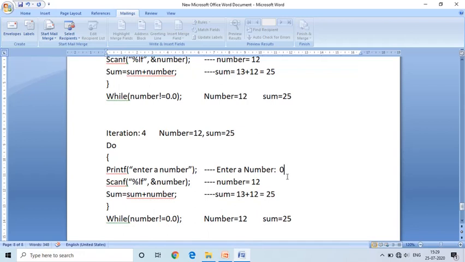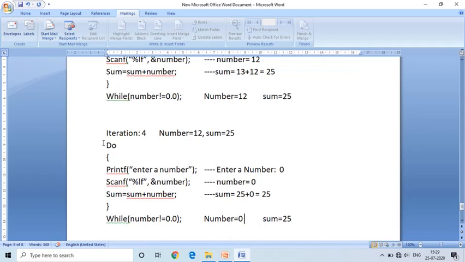The user entered 0, and immediately the number variable is stored as 0. Sum is equal to sum plus number, so right now sum is equal to 25, number is equal to 0, and the resultant value is 25 only. After executing this do block, the memory status is number is equal to 0, sum is equal to 25.